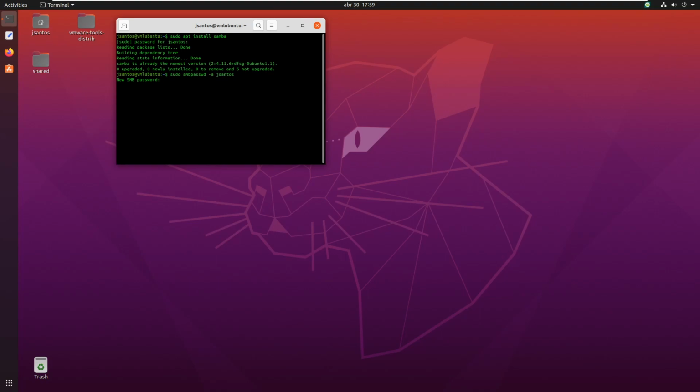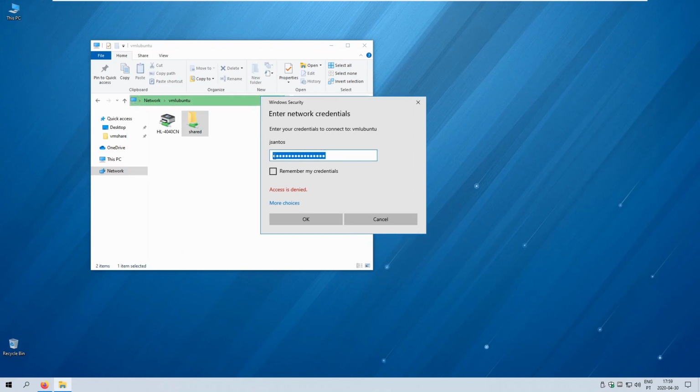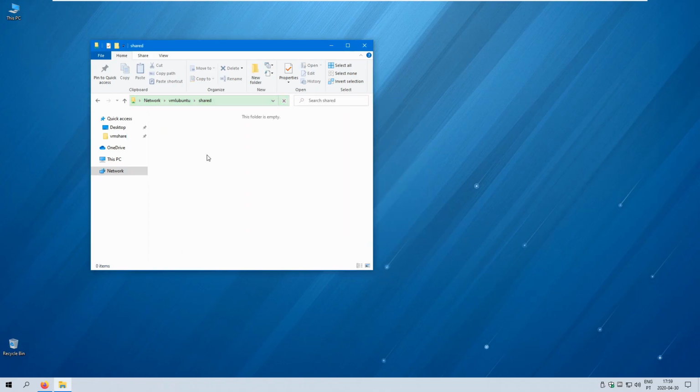This is the password that you want that user to have on the SAMBA network or the Windows network. Enter. So it asks for the password again. Enter. So the user J Santos has now been added. Well, let's go back to the Windows machine. And now, if we try without even changing the password, voila, we already have access to the shared folder from